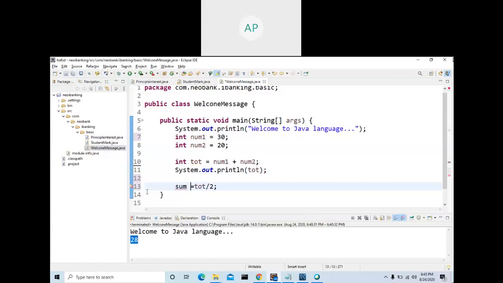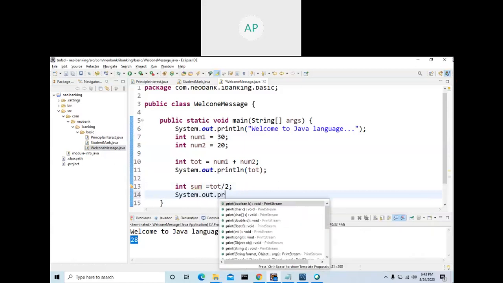Declare a variable called sum. Then also you are getting an error. You need to inform Java what is the data type, what kind of data you are going to store, whether you are going to store a numeric value, numbers, or a fractional value, or a string, that is characters. You have to inform. In this scenario, we are going to store only a number, not a fractional number. So make it as int. See, here the error went.